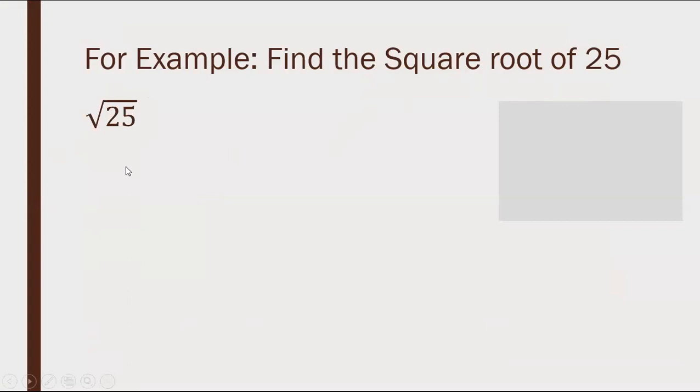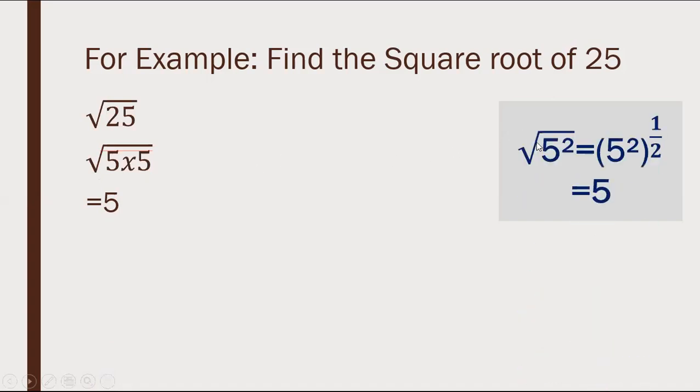Now if we consider the factor method, so we know that 5 into 5 is 25, and whenever there is a pair of two numbers in a square root, then we are able to write the number outside the root. And why is it so? Because when there is a pair in the root like this, we can say that 5 into 5 means 5 multiplying 2 times, that means 5 square, right?